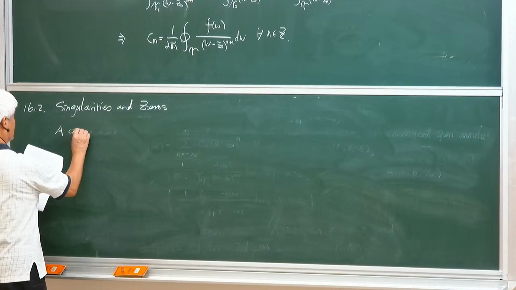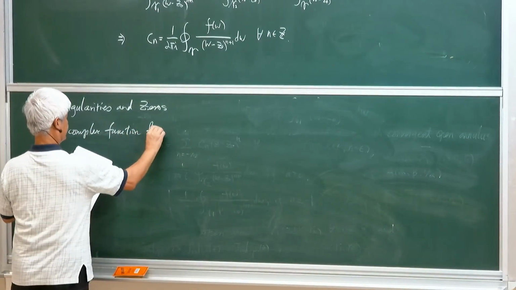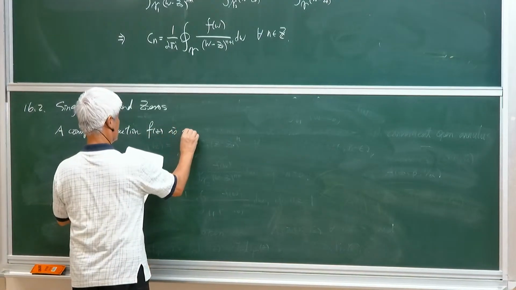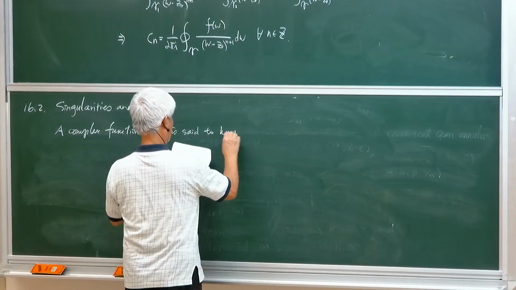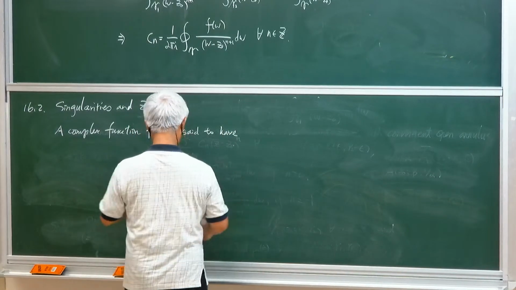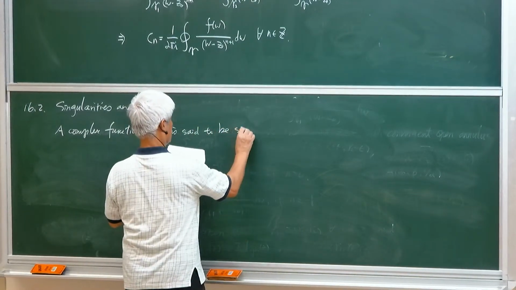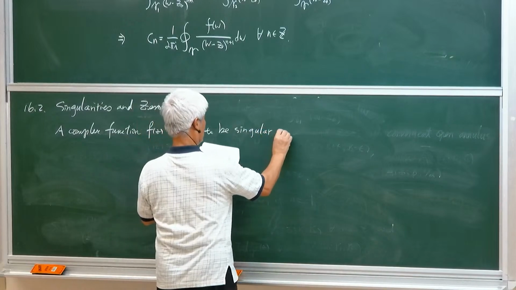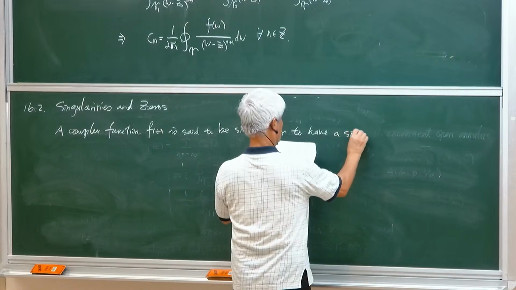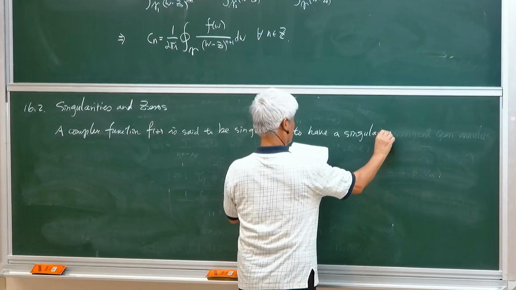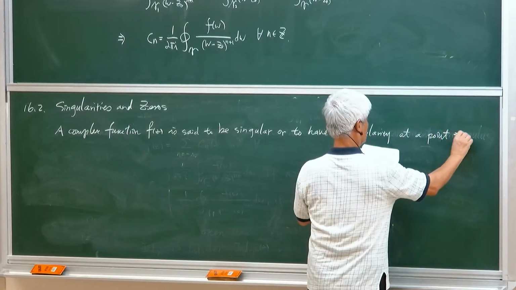So a complex function f of z is said to be singular, or said to have a singularity at a point z equal to z sub 0